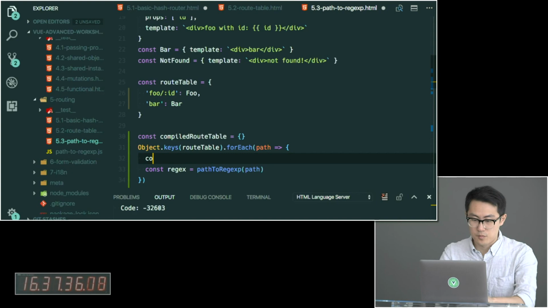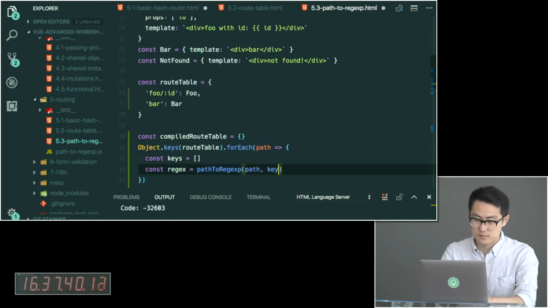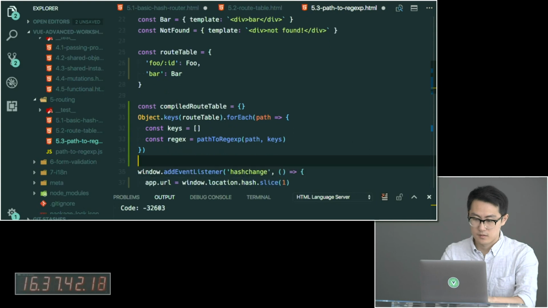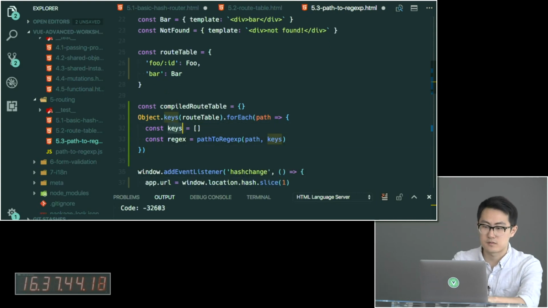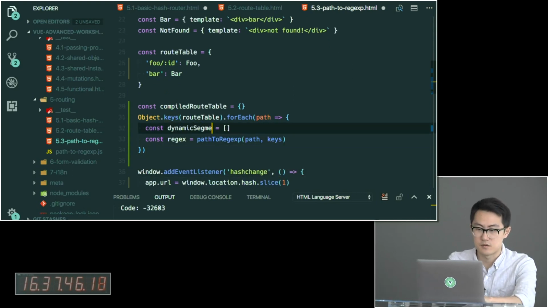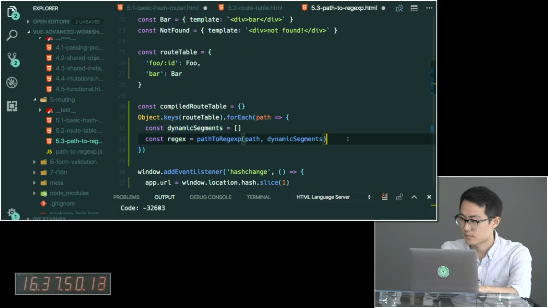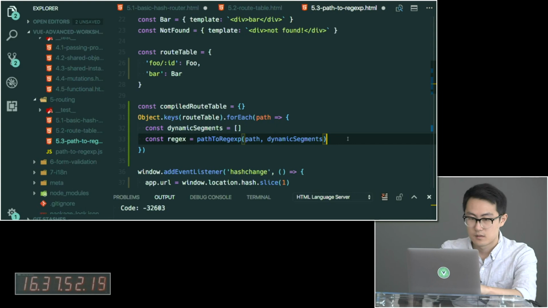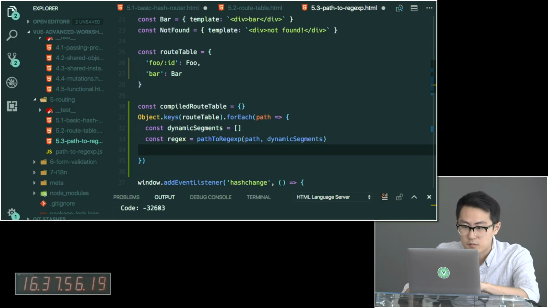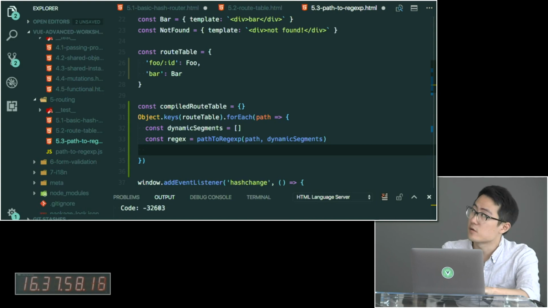And remember, we need the keys array to hold the dynamic segments. In fact, I would just call them dynamicSegments here so that it's clear what we're doing. Okay, so we got the regular expression, we got the dynamic segments,